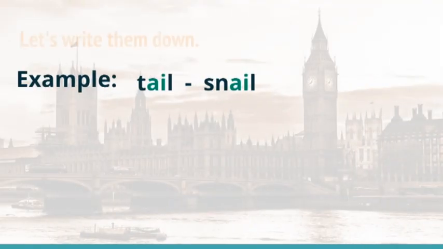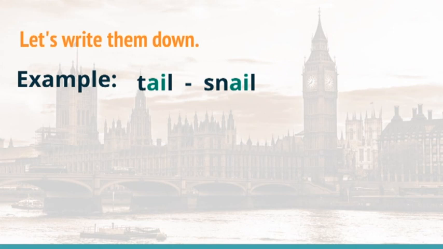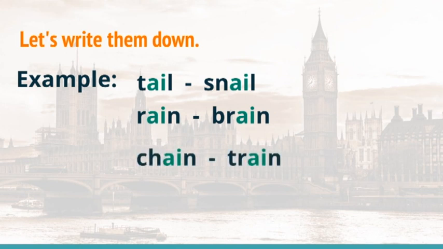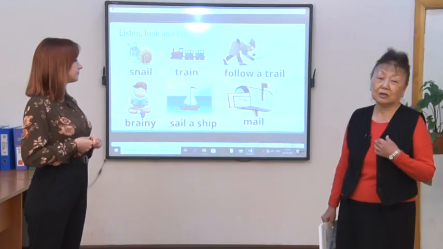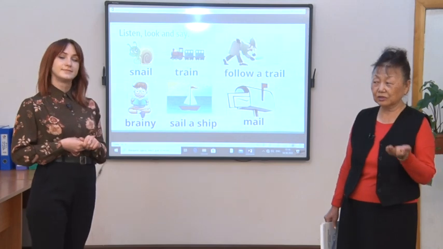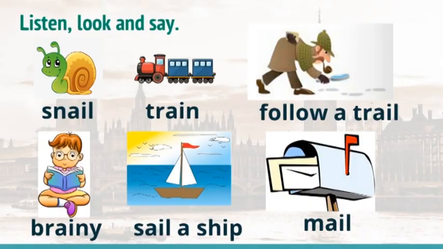Let's write them down. Open your exercise books, take the pen and write. So the example is tail, snail. Let's write the next word. Rain, brain. Chain, train. Sail, mail. I would like you to listen to us, look at the pictures and say,